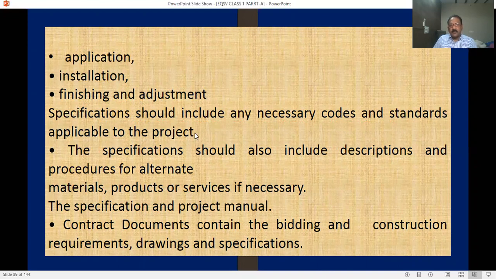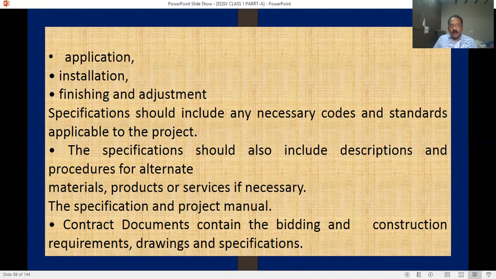We discussed different structures: multi-storied skyscrapers, tall buildings, high-rise buildings, residential buildings, commercial buildings. In different types of buildings, you will have various items of work like flooring, plastering, ceiling, everything. For each one, a code book is available. According to code, you should include all these specifications.